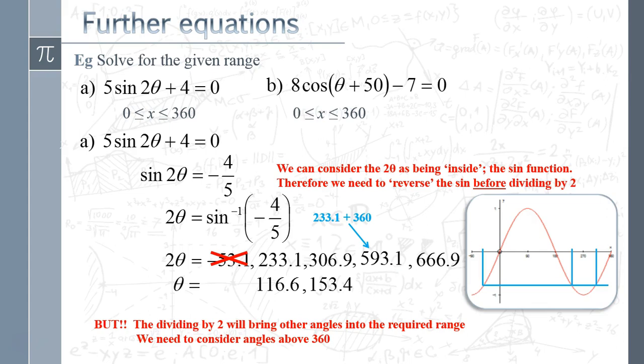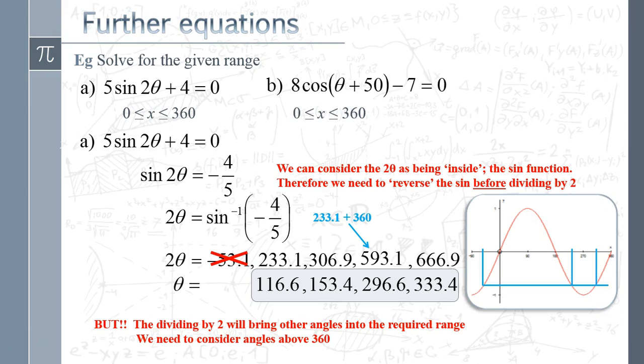Now, those two are outside our range at the moment, so our range only goes to 360. But as I said, when we do the divide by 2, when we do this final step going from here, 2 theta equals that, theta will equal that divided by 2. And so we've got 296.6, again, this one halved, 333.3, and all of a sudden, instead of our standard 2 angles being in the range from 0 to 360,